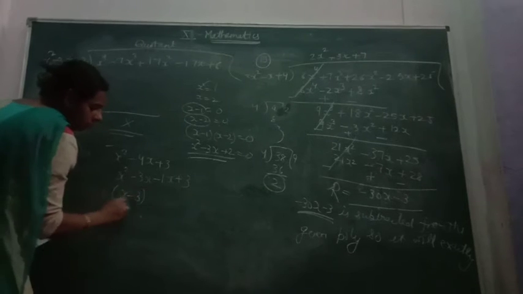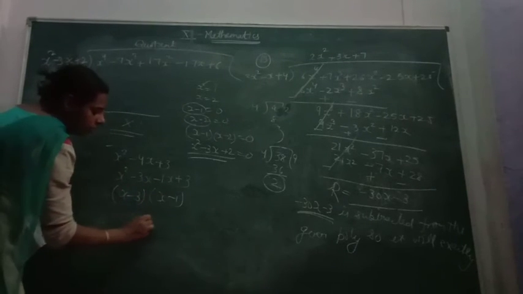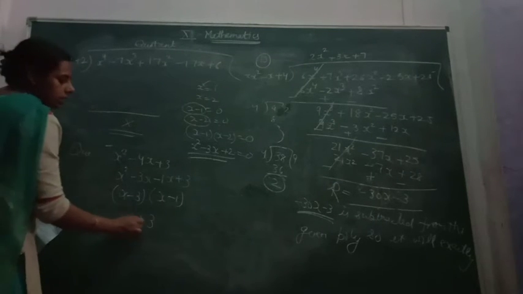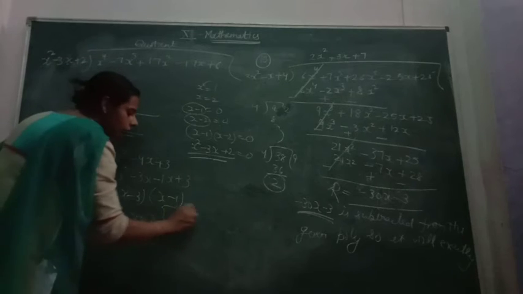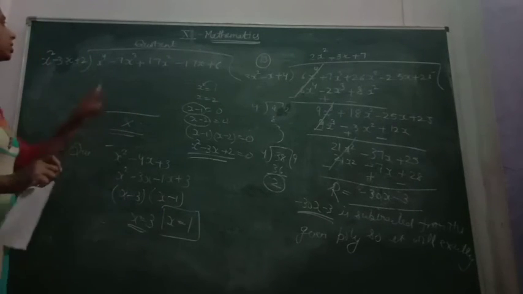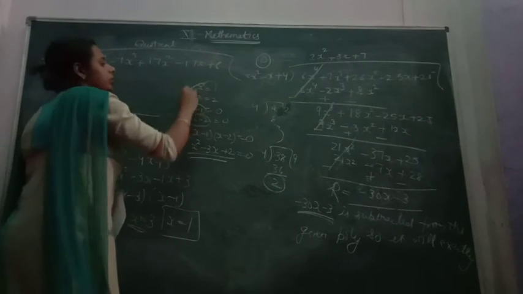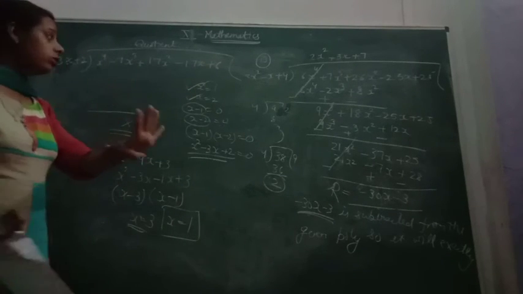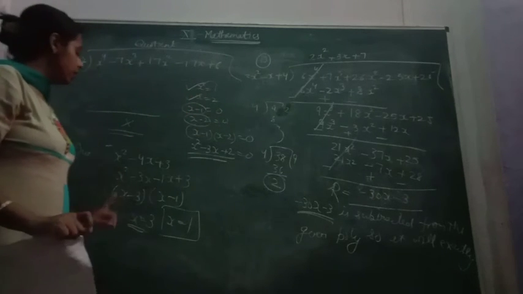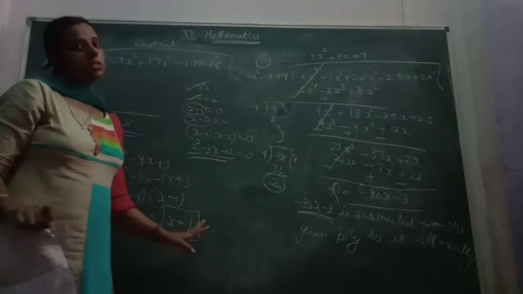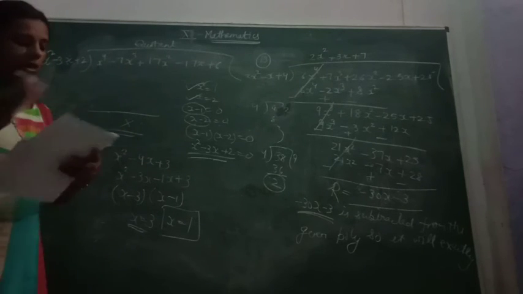Your first factor will be x minus 3 and the second one will be x minus 1. On getting 0, you will have first 0, that is x equal to 3 and the second 0, that is x equal to 1. These are the two zeros of this biquadratic polynomial and 2 are already given to you. Okay, now there are 4 zeros. First is x equal to 1, second is x equal to 2, third is x equal to 3 and the fourth is x equal to 1 again. Okay, these are the 4 zeros of this biquadratic polynomial.